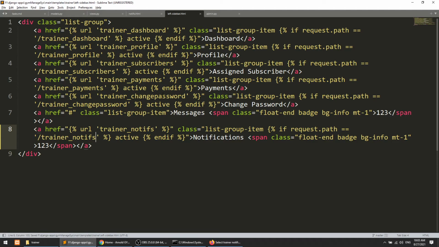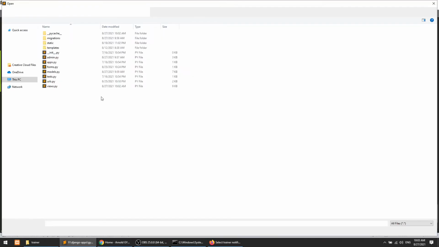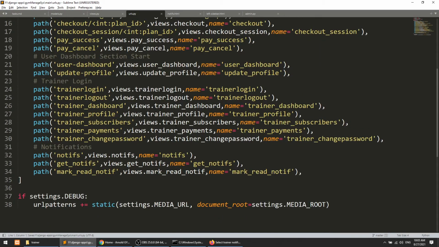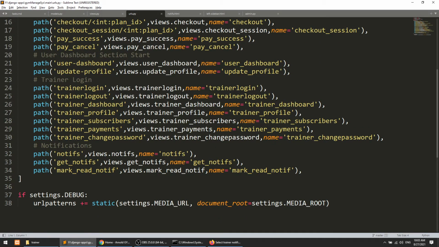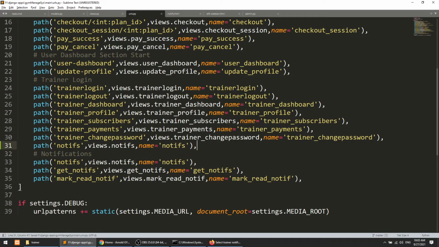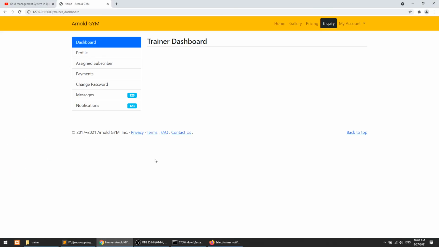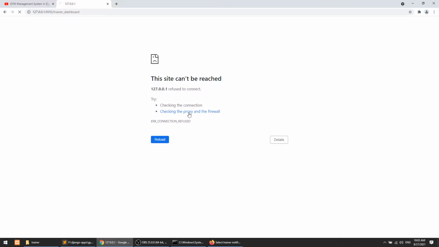Now we need to define the URL for this. So we will open the URLs file and define it here. This is the user notification, and now this will be trainer notification. I will copy this here, and this will be notifs, paste it here. Okay, everything is all right. Now let's open this.